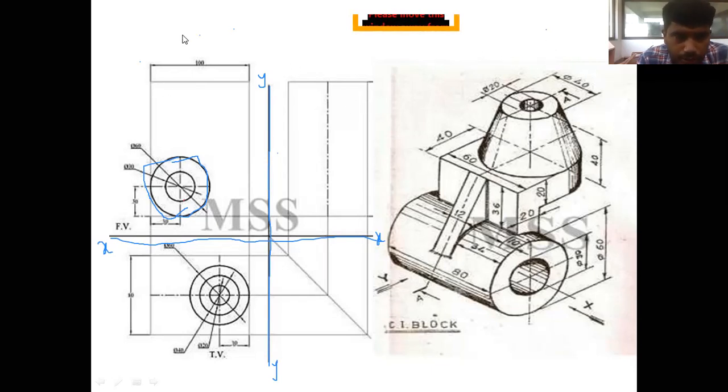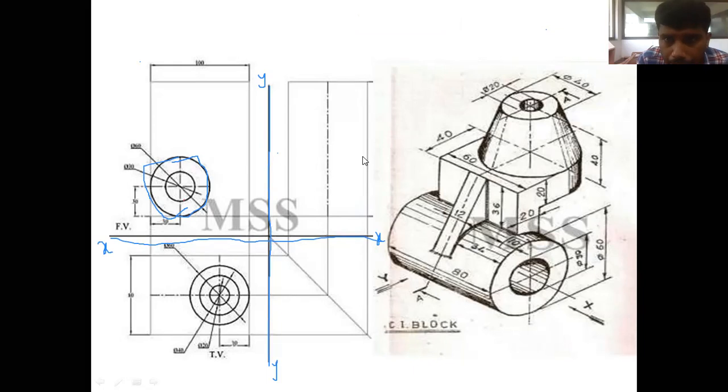Next you have measured all these things, so next for the front view we will be drawing all these diagrams of 30. Okay, the internal diameter, you can see here he has given the 30 diameter.